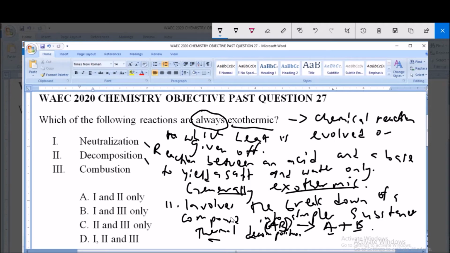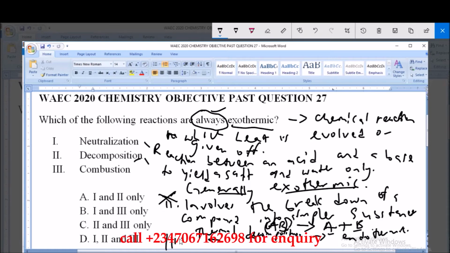So thermal decomposition involves addition of heat, or where heat has to be added to the reaction, and that type of reaction is known as an endothermic reaction because it involves absorption of heat. So in thermal decomposition, which is a form of decomposition, is not an exothermic reaction. So you can't say that decomposition reactions are always exothermic. So option 2 is out of question. Now, option 3, or the third reaction, is combustion, and it is a high temperature